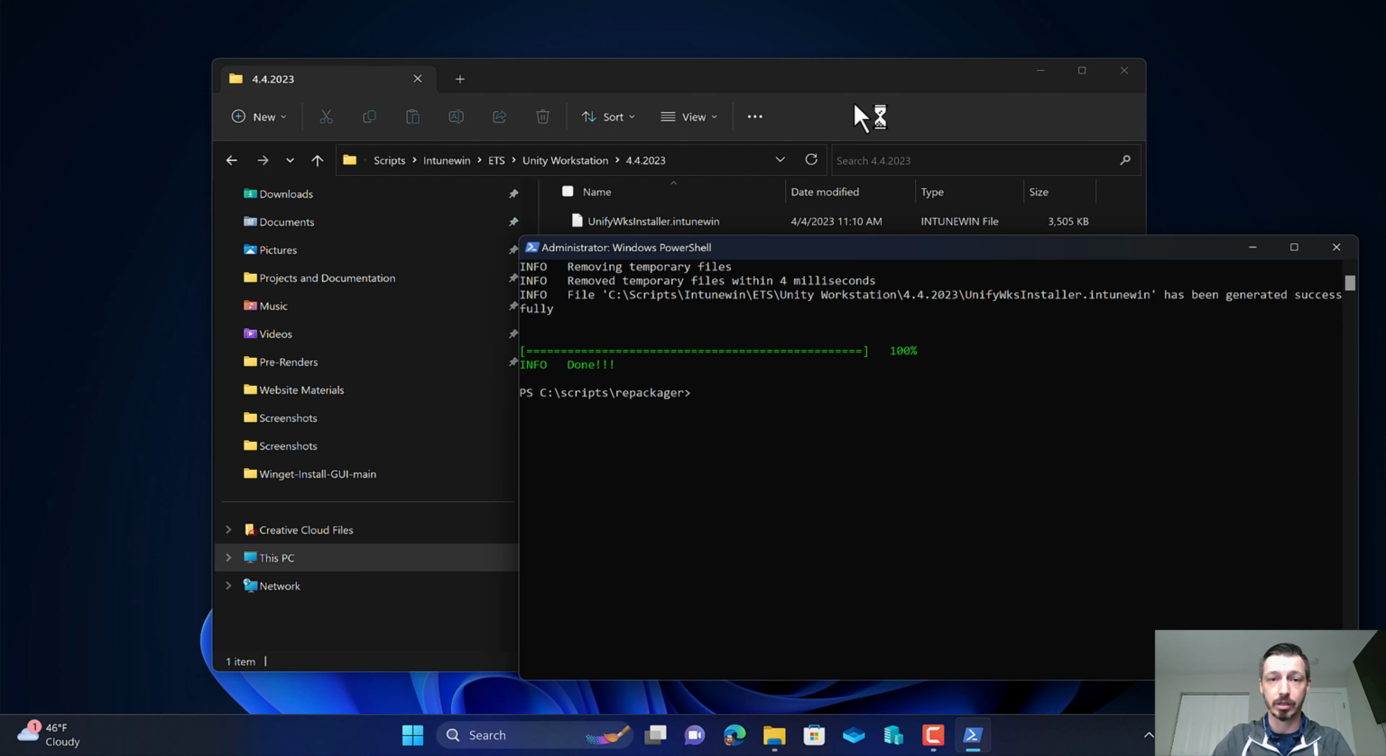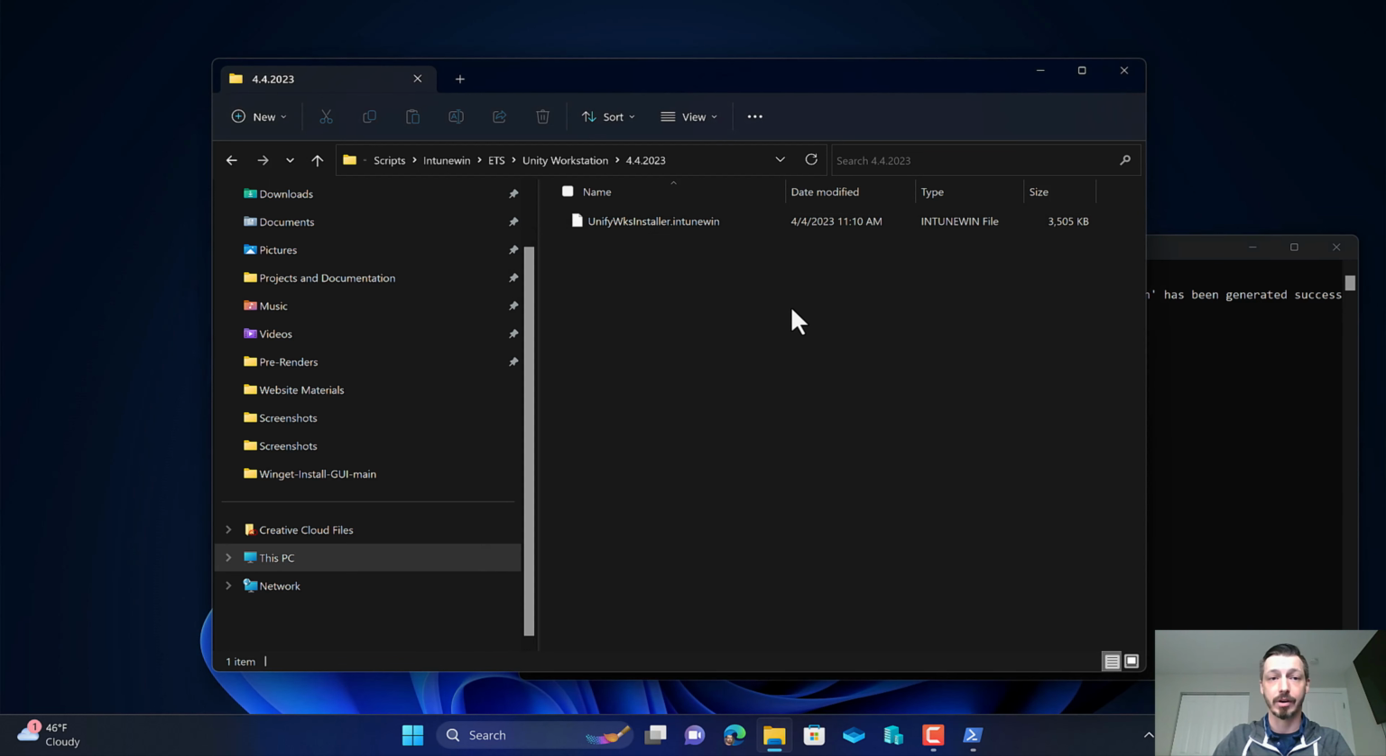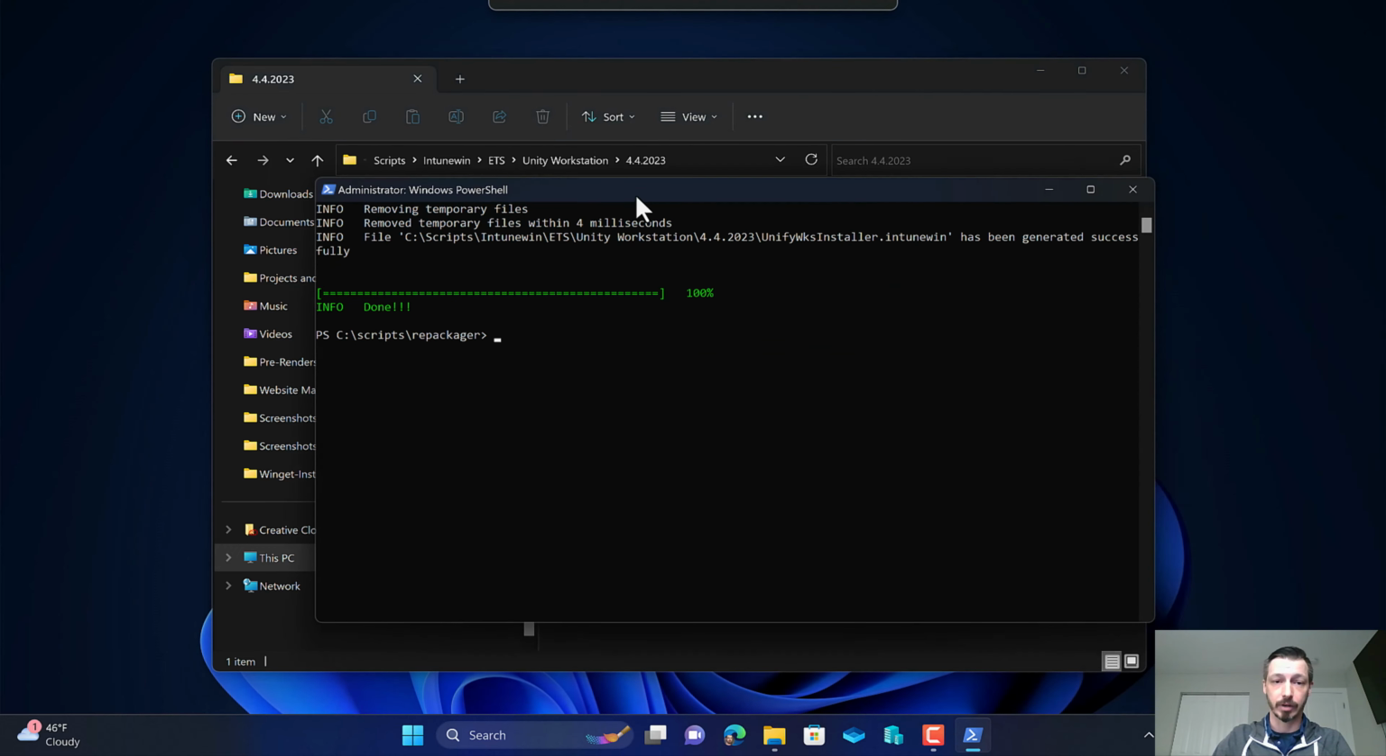And now if we look in the Intune Win folder, we now have our Intune Win file. So that's simply how to repackage an application with Intune. And now we're going to move on to the Intune deployment steps. So now that we've got it pulled up,